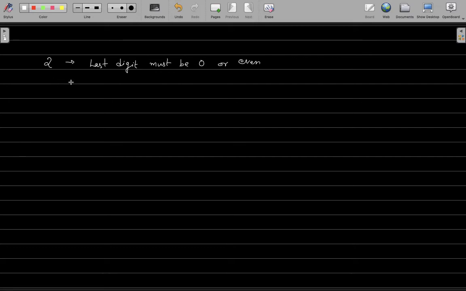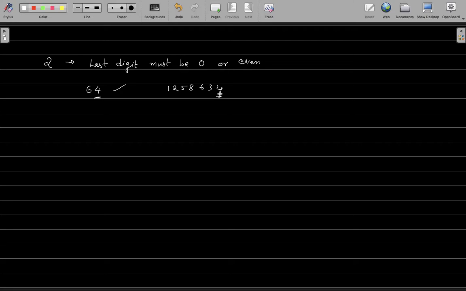Say for example, I have a number 64. Now since the last digit of this number, that is 4, is an even number, you can say that this number is divisible by 2. Suppose I give you a number 1258634. Now because the last digit of this number is an even number, you can directly say that this number